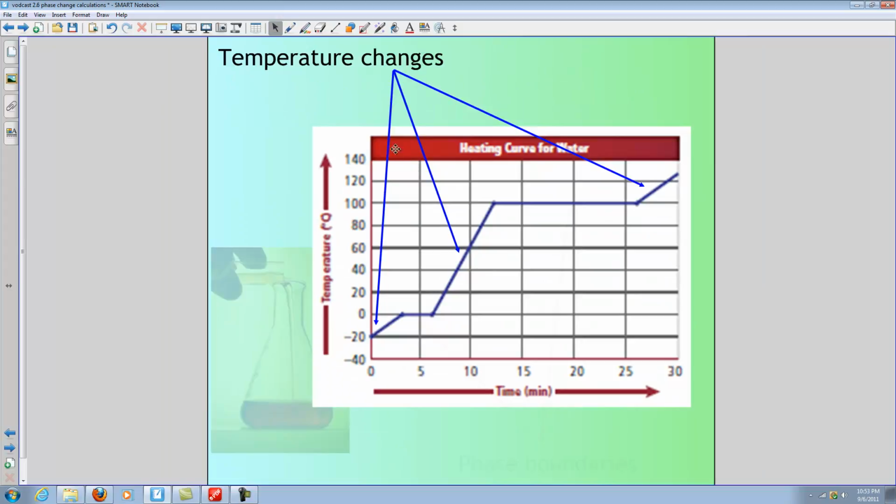To look at this a little bit more clearly, the temperature changes, those are the sloped parts. And then let me see if I actually drew in the other parts. I don't think I did. And then the other parts that we're going to look for, we'll just draw some quick arrows here. The flat parts then, those are the phase boundaries. So that's melting, freezing, boiling, condensation. Remember